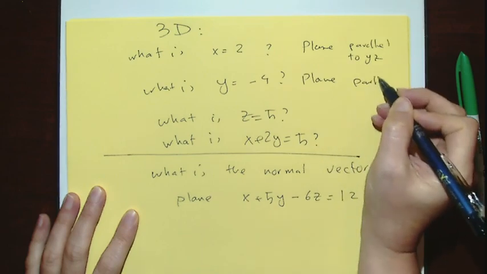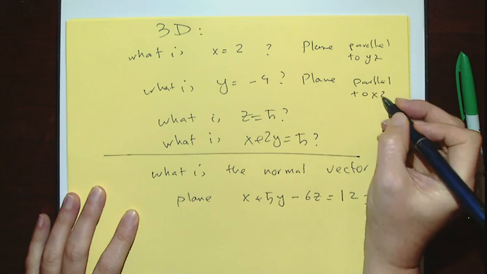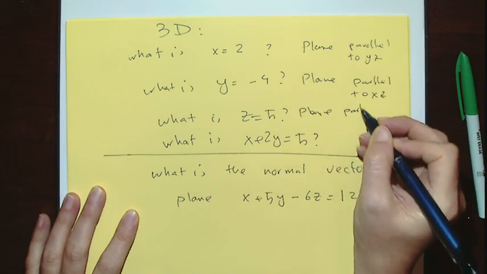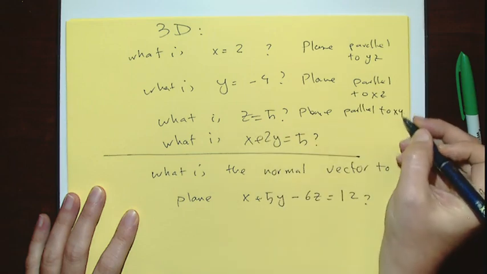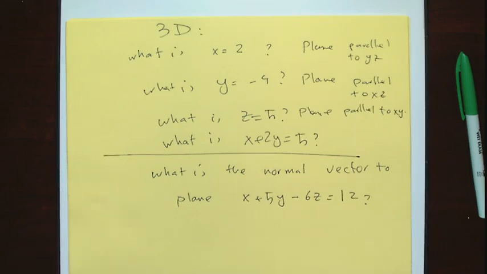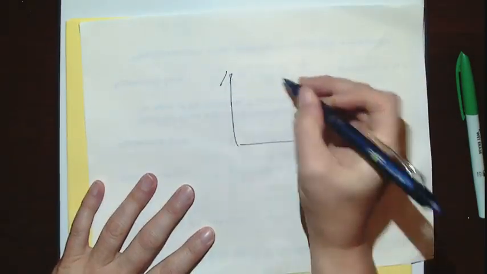Plane parallel to xz, plane parallel to which one? xy. How about this one? Still a plane. So let's say this is the xy plane,